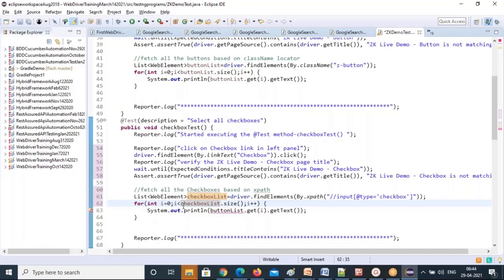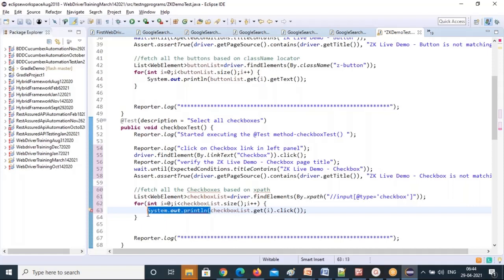Since it is a collection, you need to iterate. That's the only option. Then you can decide how to iterate, with a for each loop or a for loop, anything you can use. But my intention here is to click on each checkbox.